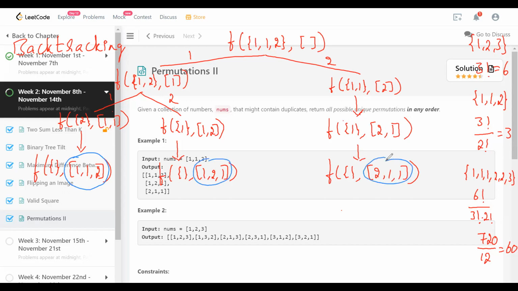So each leaf is basically a feasible solution we get, and whenever we reach a leaf, we are going to add it to a result, right? So we need to keep track of the result. This kind of tree is what is called a state space tree. And this method is useful for backtracking and also some other methods of solving problems like dynamic programming.